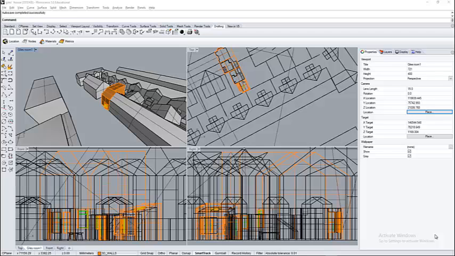Okay, TS2 Environment and Energy. This is going to be the last of the exercises relating to looking at your house in terms of environmental performance, and we're going to look at two things which carry on from the last exercise involving use of Diva, which is a plugin to Rhino. We're going to look at it in terms of internal daylighting and the relationship that has with sunlight and solar